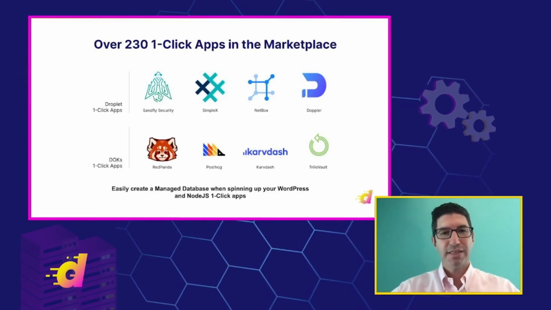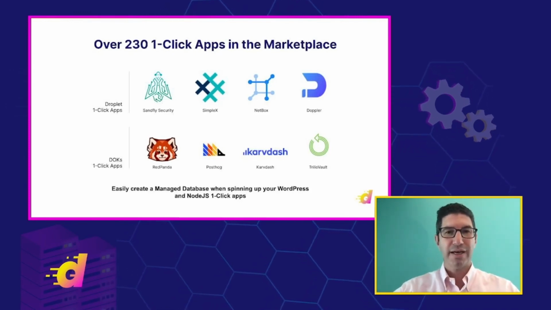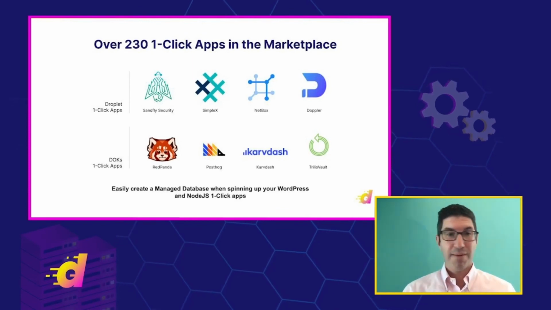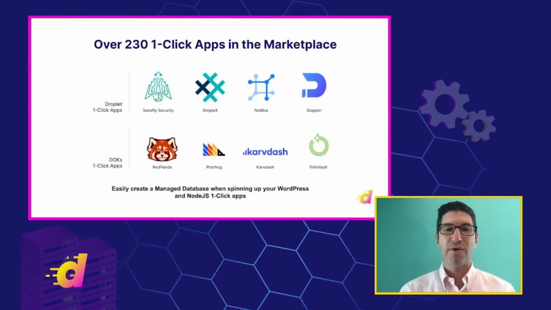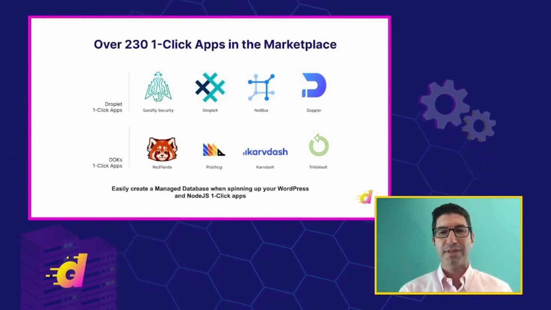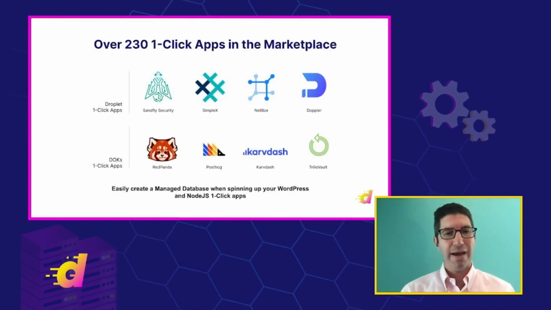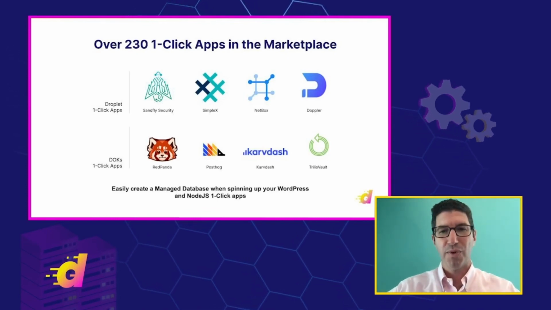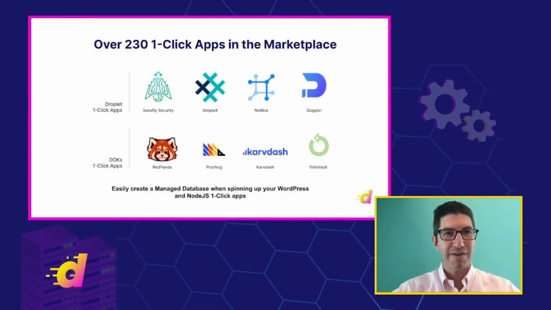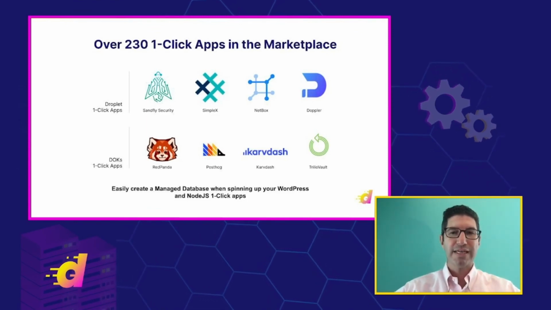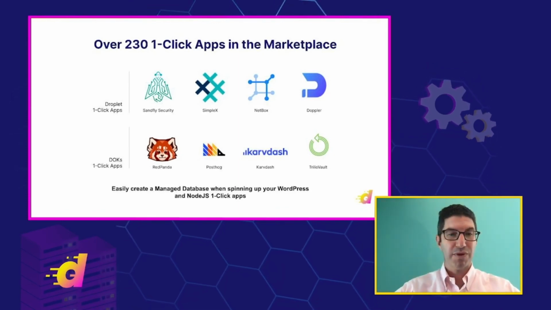Shifting from databases to take a look at our marketplace and talk about that. It's just been a phenomenal year. We've added so many applications into our marketplace. We have over 230 one-click apps. Some newcomers include Trilio Vault, Red Panda, Netbox, dozens and dozens more. And in addition, we've been focusing on the user experience of our marketplace, just making it really easy to spin up a marketplace image in coordination with a managed database.